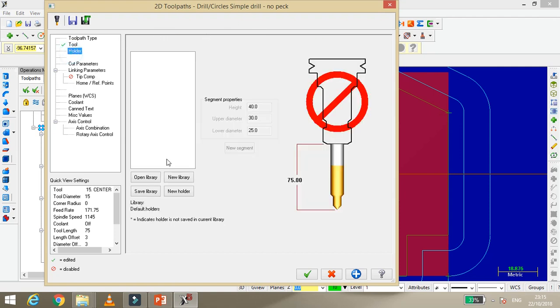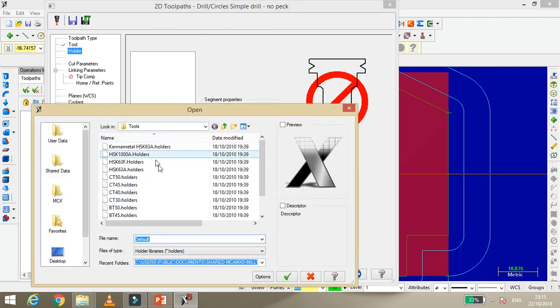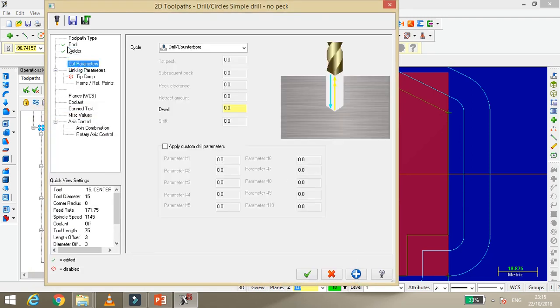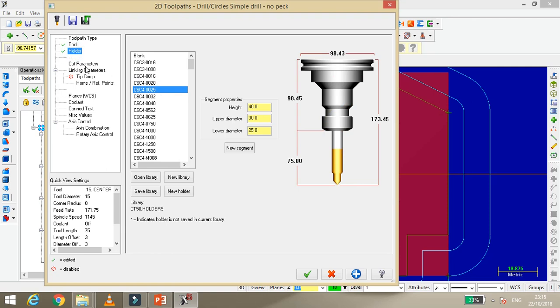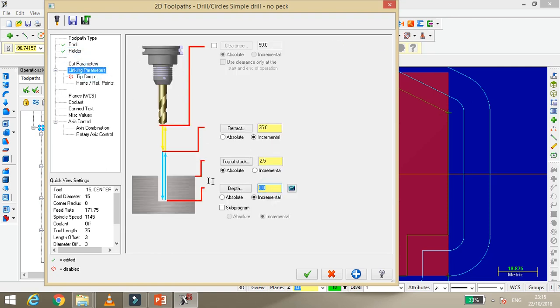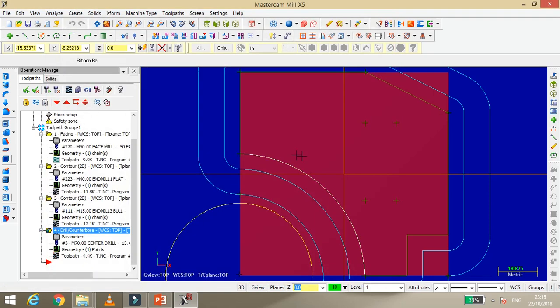Let's see later whether that material is removed or not. If this material is not removed, then we increase the diameter of it. Then go to cut parameters, linking parameter, and give the depth of cut. I give minus 10. Let's click on OK.